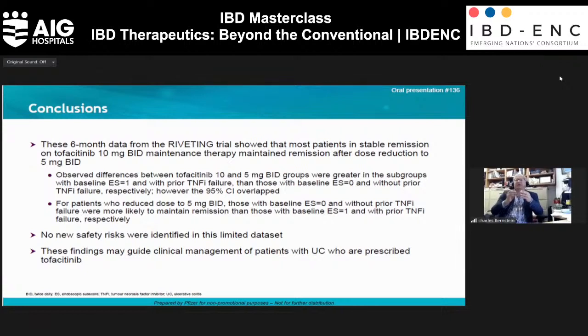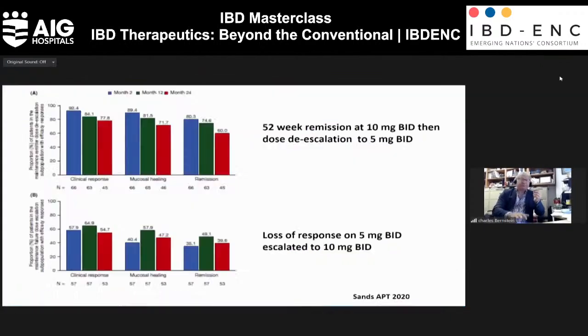And that includes mucosal healing. If you can get a fecal calprotectin and you can't bring them in for endoscopy, and your fecal calprotectin is less than 250, even better if less than 150, that may be a reasonable proxy. Bruce Sands looked at an interesting data set where